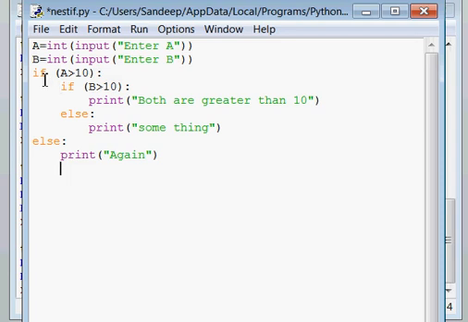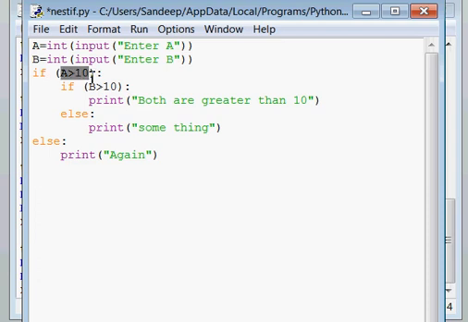This is another simple example of this. If this condition is true, then your control comes to this condition. If this is true, then print will execute and your control will come outside here.